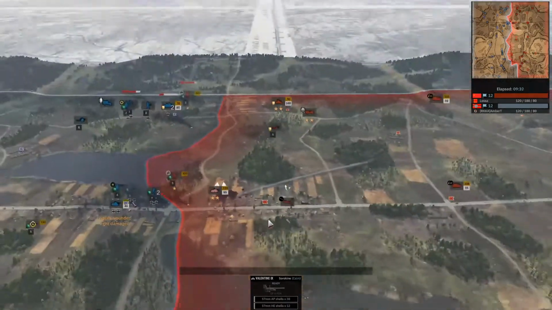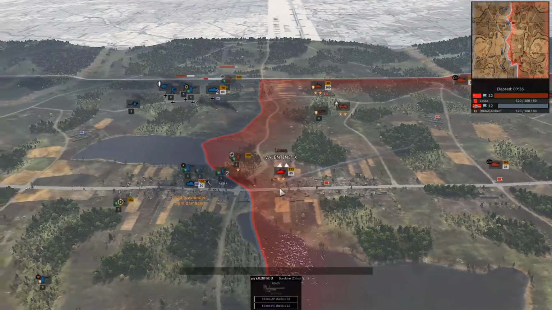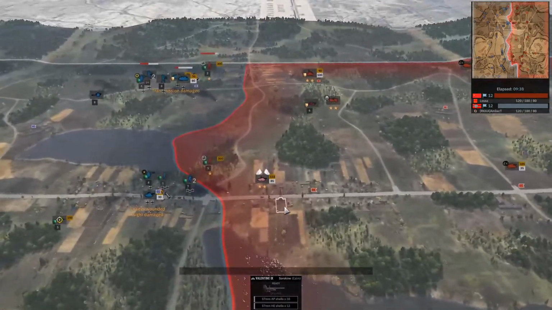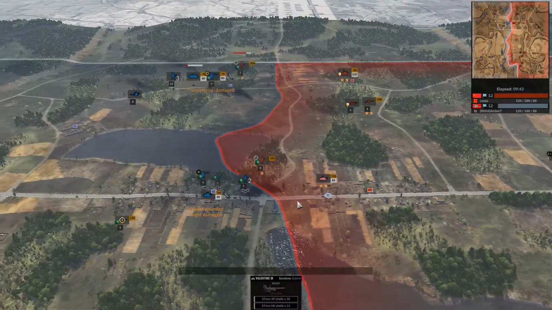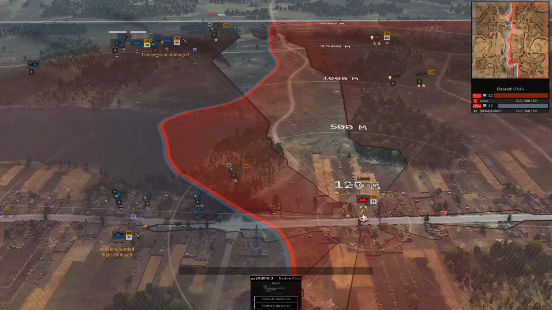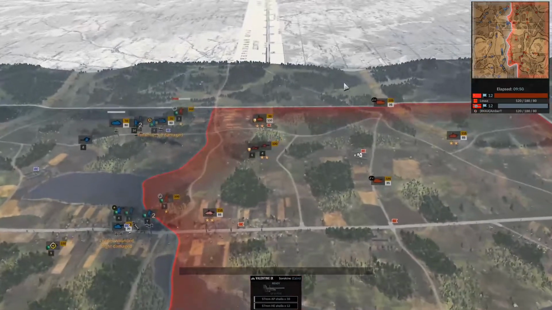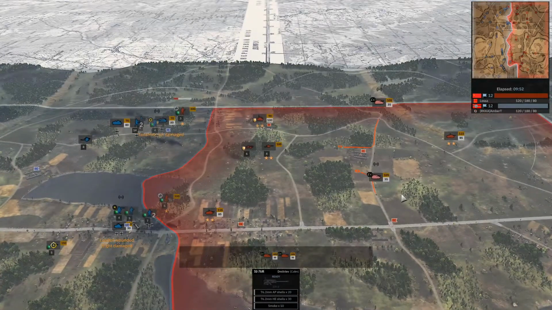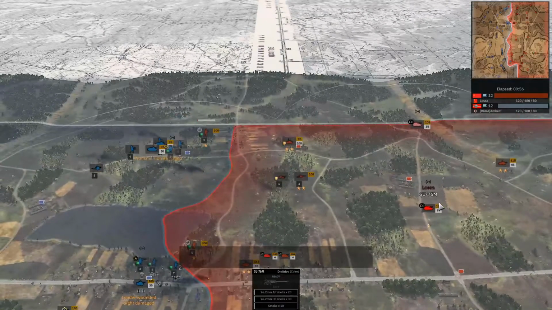Beautiful, look at that. Gets the falling back, well, suppresses them, and then instantly gets the surrender. Fantastic little strike there from that lag plane. The Valentine is just reversing down the road to give himself a nice position, and 2 Su-76s coming in,